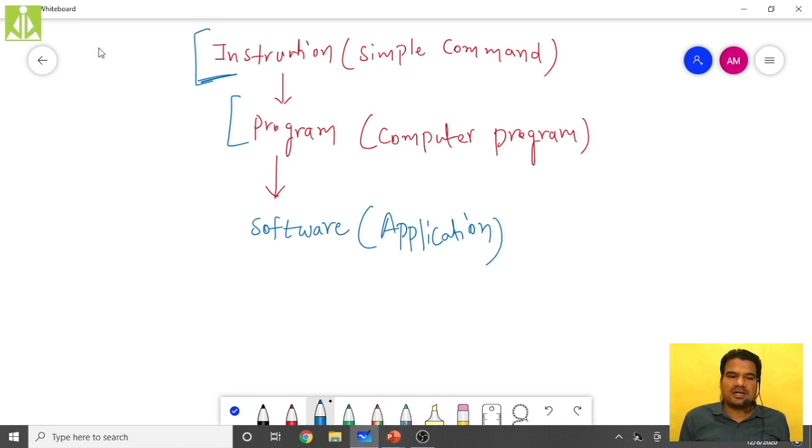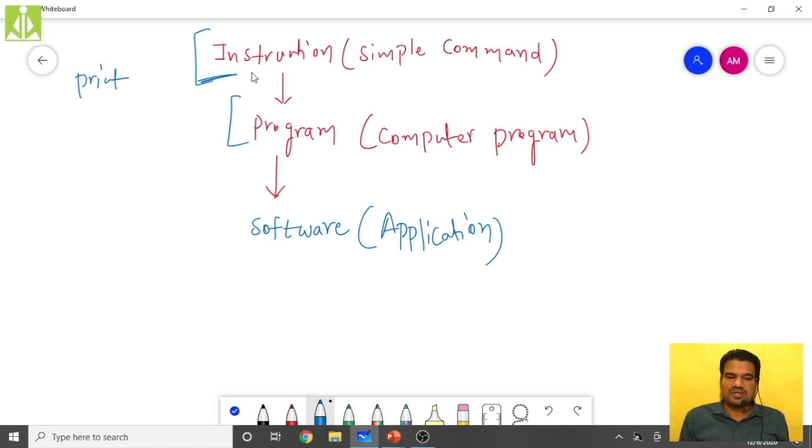So I tell the computer to print something. Let us say my task is I want to print. So whatever suitable instructions I have so that my document will be printed from the computer, I put all those instructions together and I will form a computer program. Many such programs, when you mix them together related to this print operation only, that type of program collection we call a software, a printing software, or a printing application.